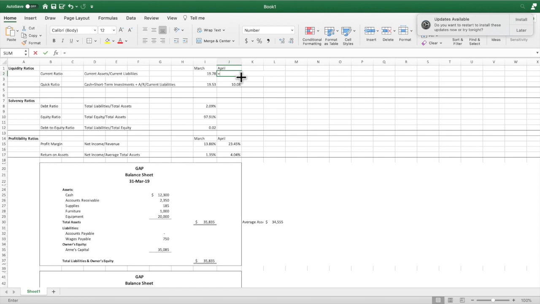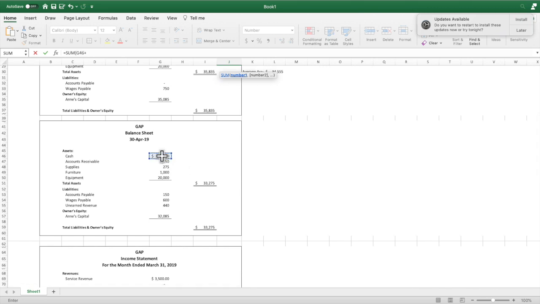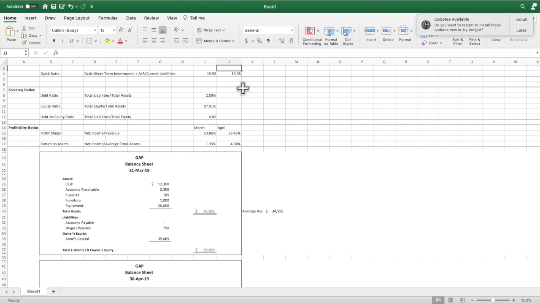We're going to equals sum of parentheses, add all our current assets up, accounts receivable, and supplies. We're going to close off that parentheses. We're going to divide. We're going to put another parentheses. And we're going to add up the total liabilities here. We're going to close parentheses, and we are going to get a 10.08